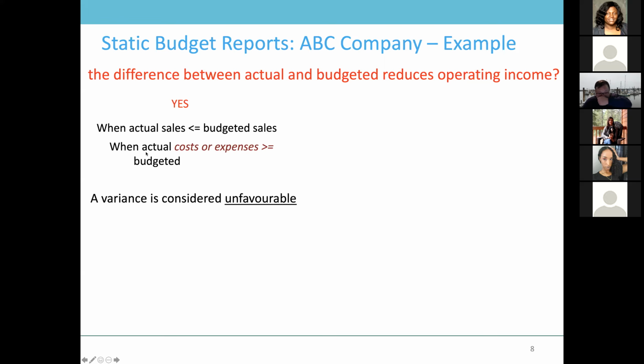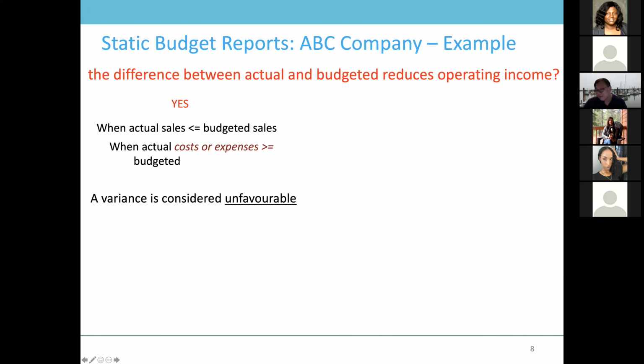Another situation is when the actual cost or expenses is more than the budgeted cost or expenses. Your cost is higher, and that's also going to reduce your operating income. So basically, this is a scenario where you spend more money on your cost,